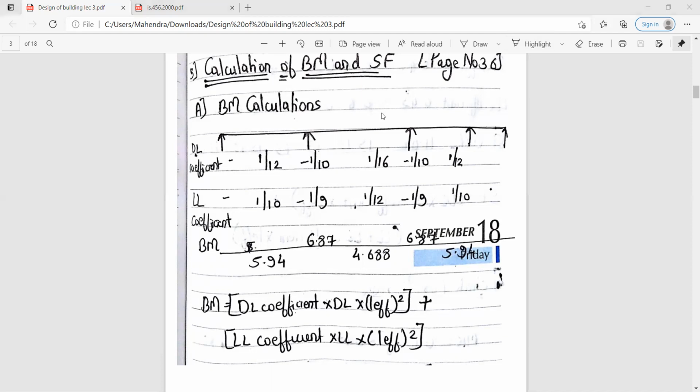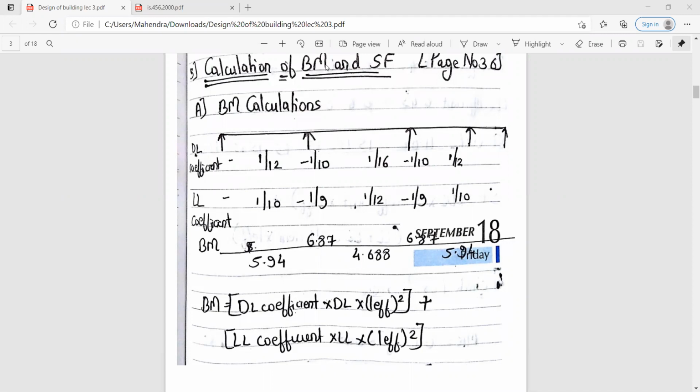So do these bending moment calculations for dead load and live load. And if any queries, you can ask. All these coefficients are taken from page number 36 of your IS 456-2000. I hope everyone understood up till here.